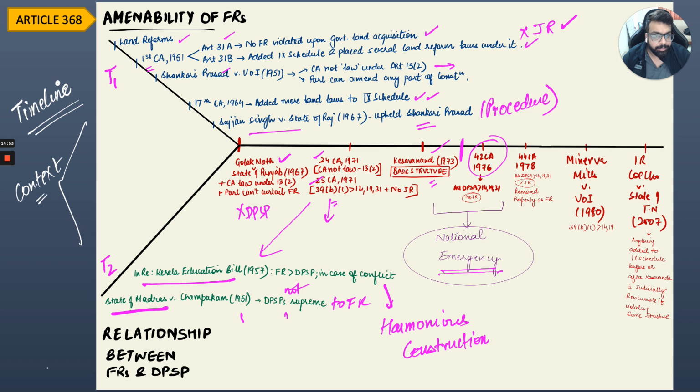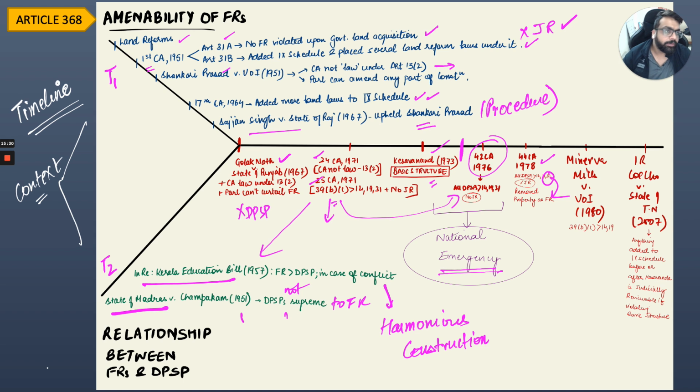In the 42nd Amendment, they got a little too confident and converted from just these two directive principles to all directive principles, which was further carried forward to the 44th Amendment, which still was a damage control amendment, where they said all DPSPs are important over 14, 19, and 31, but judicial review will exist. And this Article 31 in the same amendment was then removed, which essentially took away property's status as a fundamental right, under the 44th constitutional amendment, right?